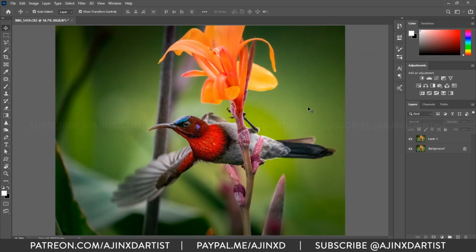So here is the brush tool and I have my watermark ready. I can add it at 50% opacity over here and we are done.